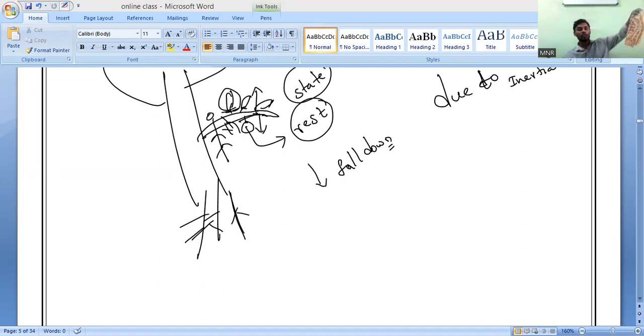Understanding? So the force of the stick makes the carpet move to and fro. But dust particles tend to remain in a state of rest due to inertia and they will separate out from the carpet. Hope you are all very clear. Yes, guys? Understand this or no? So that is what will happen. The carpet moves to and fro slightly, but the dust particles try to maintain what? State of rest. Due to what, Kaushik? Inertia.